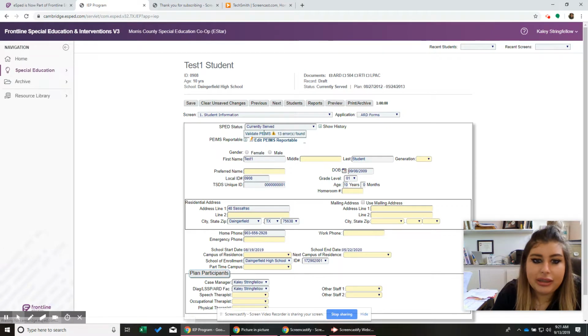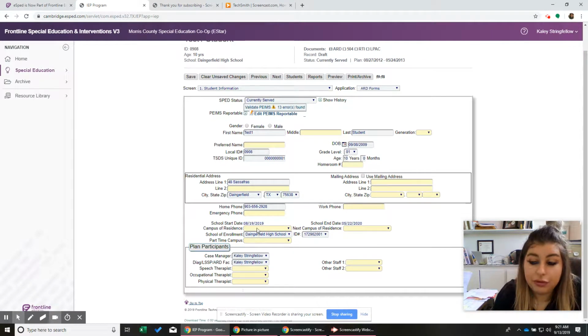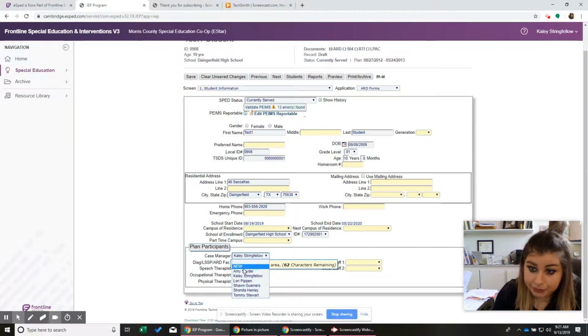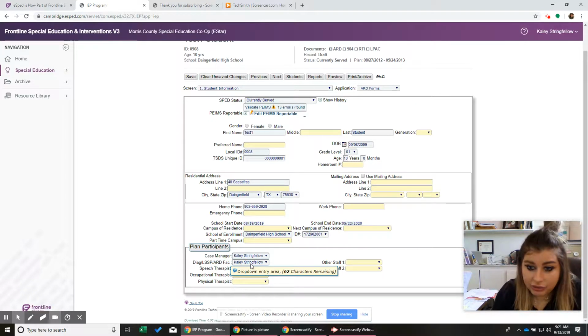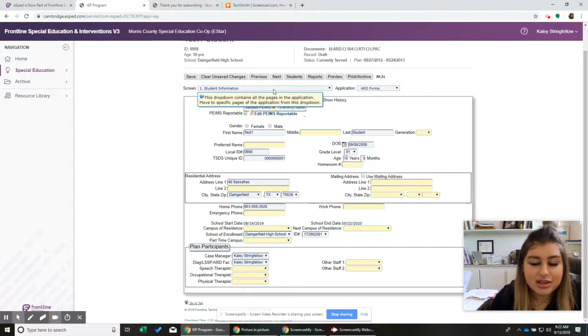So we're going to go in and you get on this page. And if you can do this one thing, it would be awesome, because I've been trying to, but as I go, if you could just help me along, that'd be great. Go to case manager and put your name. And then, if I haven't already, just put diagnostician. Okay? If you forget, it's no big deal. But if you remember, that would be so awesome.